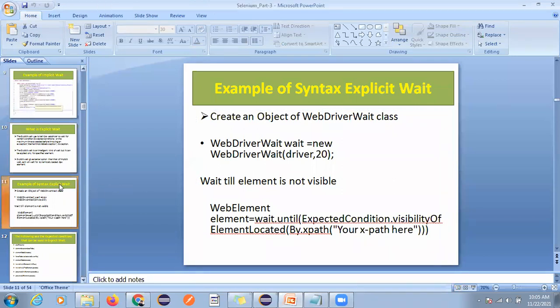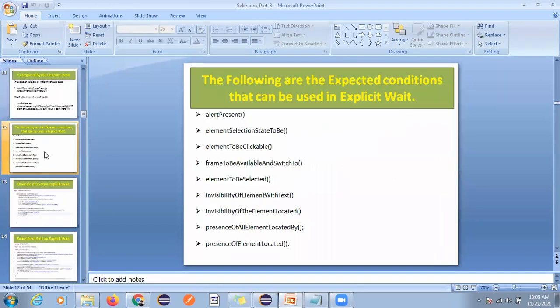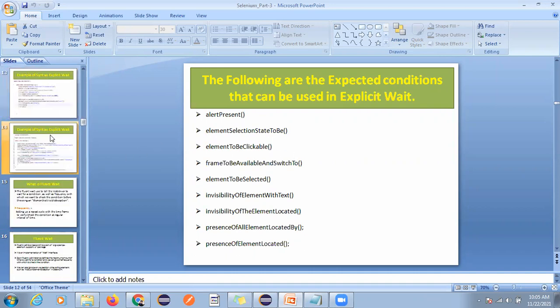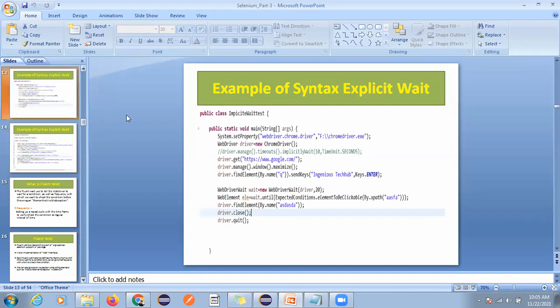You can go through this and see all the methods here. In some scenarios you have to check element to be selected, element not selected, or invisibility of element with text. All these methods are only for practice. You practice, then you will know which method to use. But if you are not able to find it, you can take help from Google.